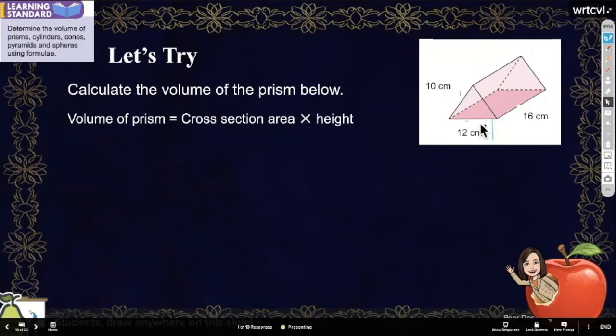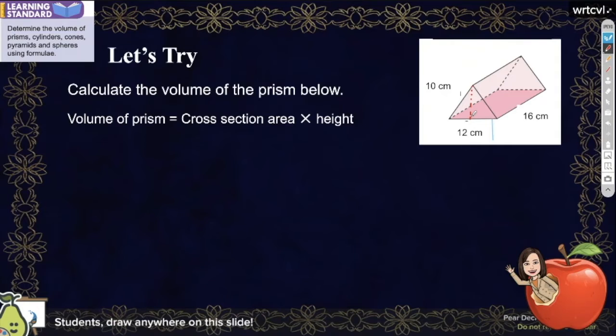So now the base is 12 and the side here, the hypotenuse, is 10. So you have to find this one, the height here, using Pythagoras theorem. Okay, I gave hints already, you try. So 1 over 2 times the base times the height. You have to find this one first. Cari tinggi ini dulu, guna Pythagoras. So if you divide into 2, ini berapa? If you cannot see, you can draw out a triangle.